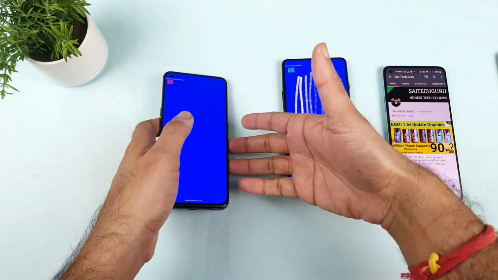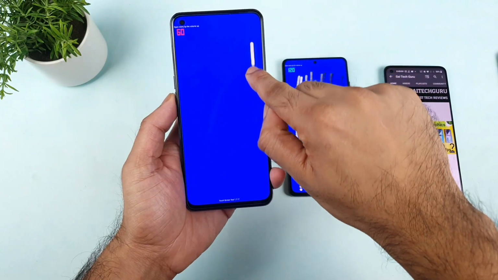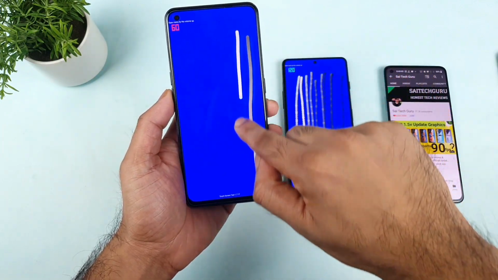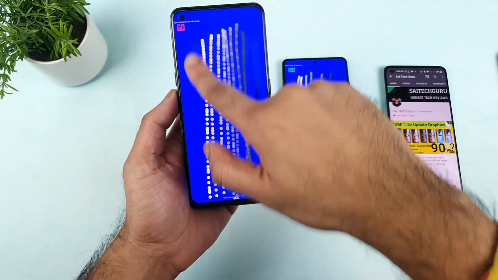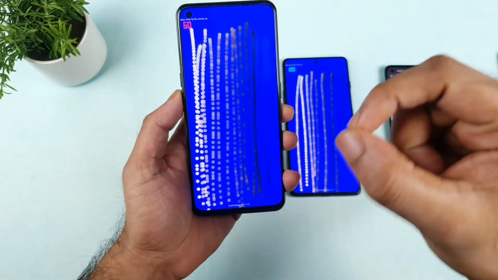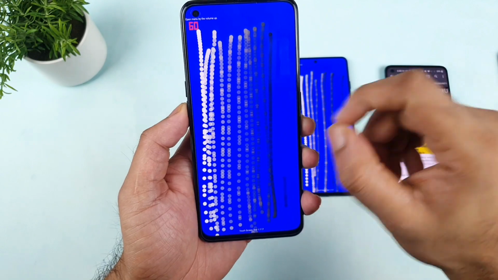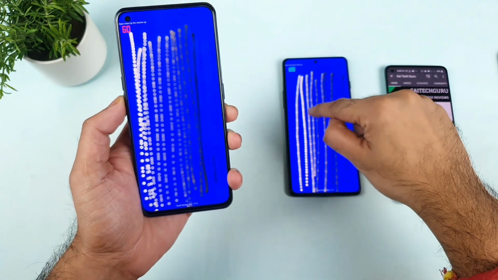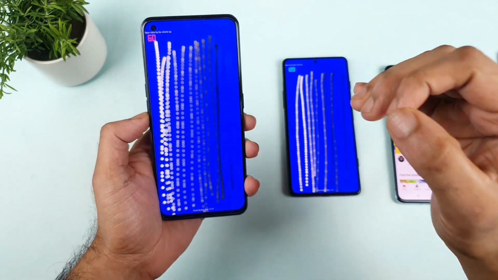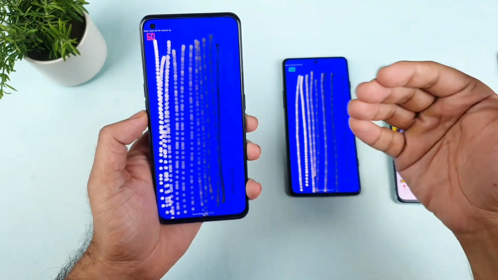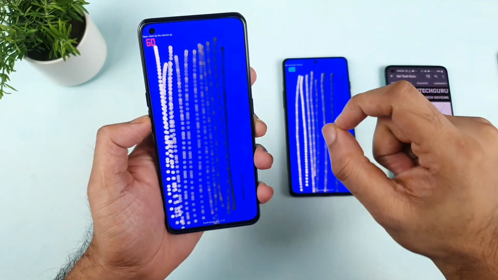Let's see what is going on in the Realme X7 Max. First I'm trying to do it very slowly, then a little bit faster, and you can see how the lines are increasing. As you can see, the small gaps, how they happened, friends. You cannot find that kind of gaps in this other phone, because this phone has a really high touch sampling rate, which will detect really faster and more touch inputs. That's the one thing which you should definitely understand.